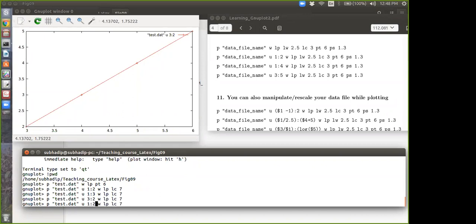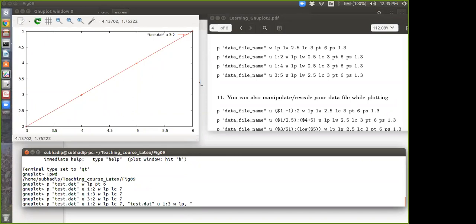So 1:2 here, then a separate plot separated by comma, again the same name using 1:3, with linespoints.